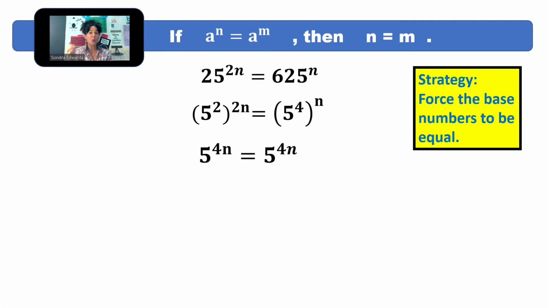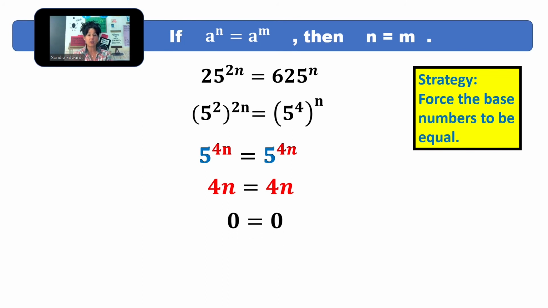Some of you would notice right away, without even applying our one-to-one property, that both sides are equal. So no matter what number I plug in for n, these two things will be equal to each other. I'm going to go ahead and follow process. So I've made those bases the same, 5 and 5, set the exponents equal. Now, I'm not dividing both sides by n. Okay, I'm going to move numbers to one side, letters to the other. So subtracting 4n from both sides,